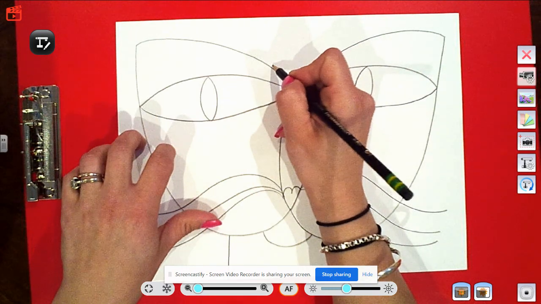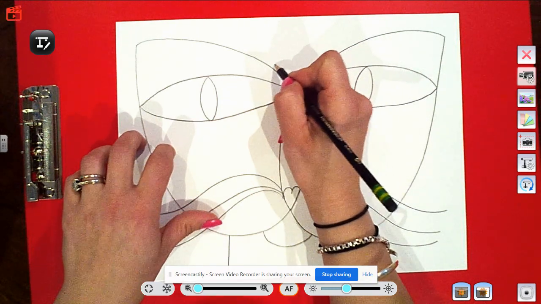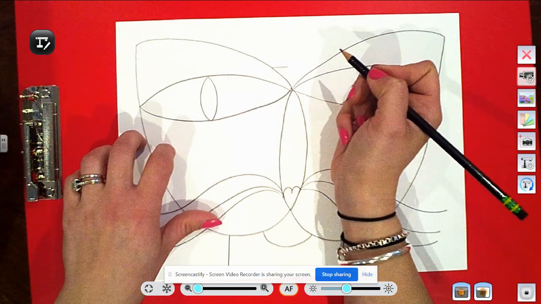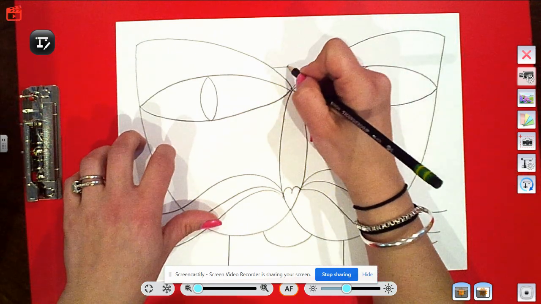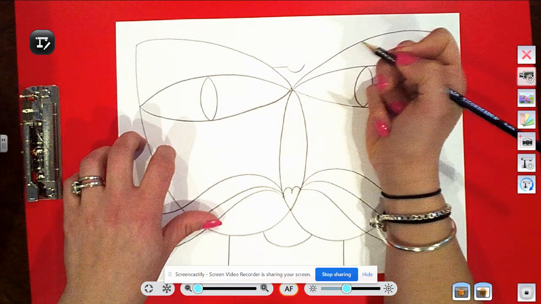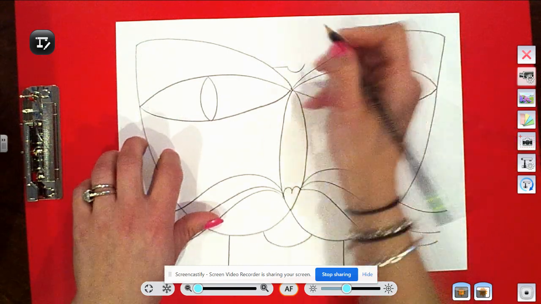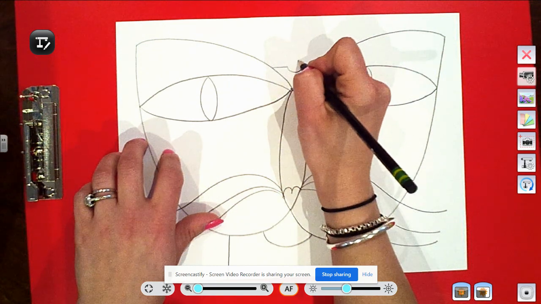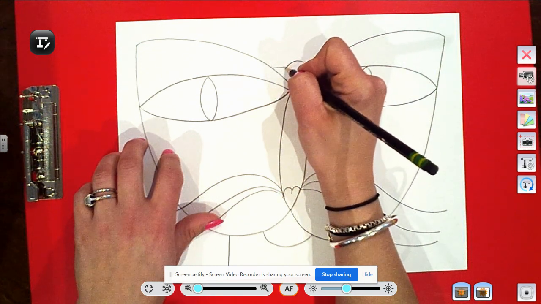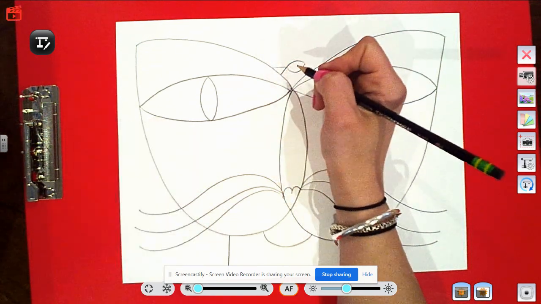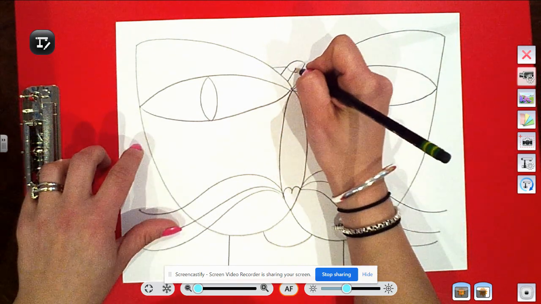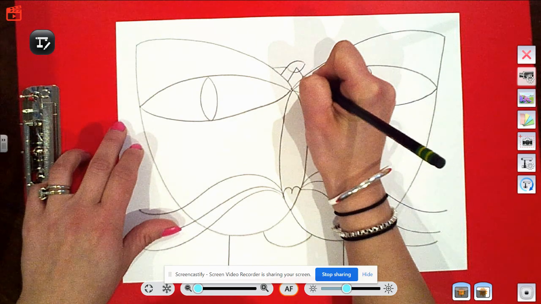So to create the bird, if that's the way that you're going to go, I'm going to start by making a straight line that comes out just like that. And then I'm going to grab hold of it and kind of hook it under. So it actually looks like a spoon. I'm going to grab the top and I'm going to cross over with a curved line that touches that and comes down to there. Next step, I'm going to actually add legs that go right up into that and touch each end,